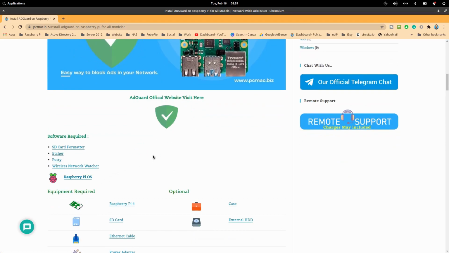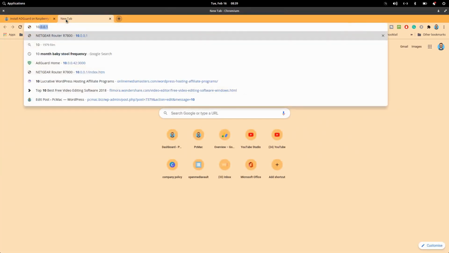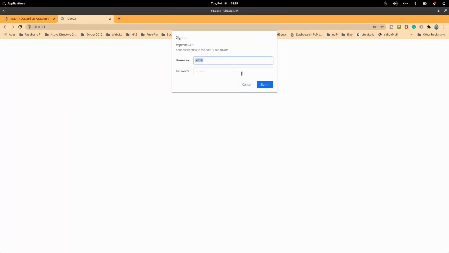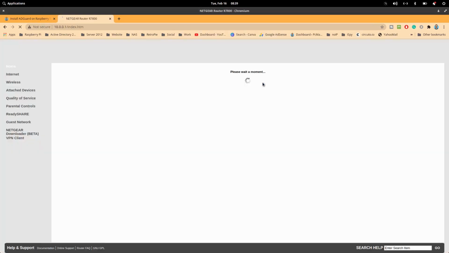Now what we need to do is connect to our Raspberry Pi through SSH. So let me turn on my Pi. So the Pi is turned on. Now the first thing we need to do is check the IP address of our Raspberry Pi. You can follow any method. Like if you're using Windows, you can use Angry IP Scanner or Wireless Network Watcher, or you can just log into your router and you will find the IP for your Raspberry Pi.